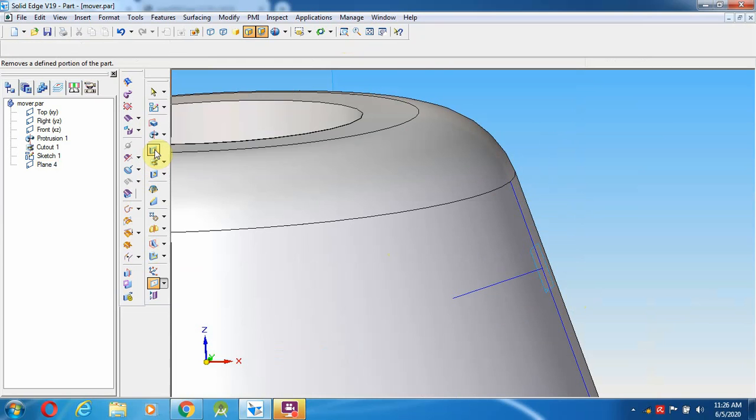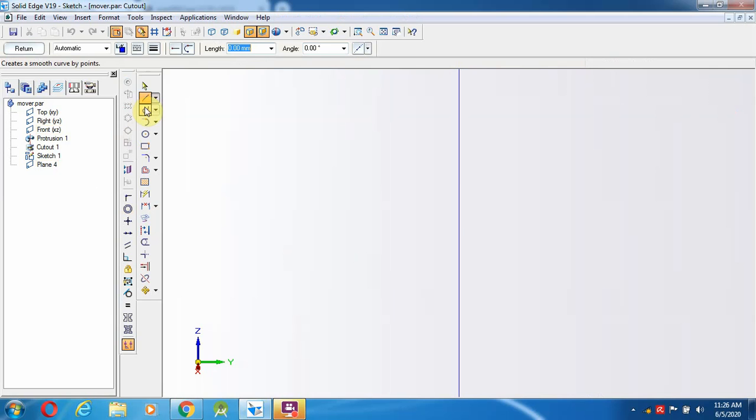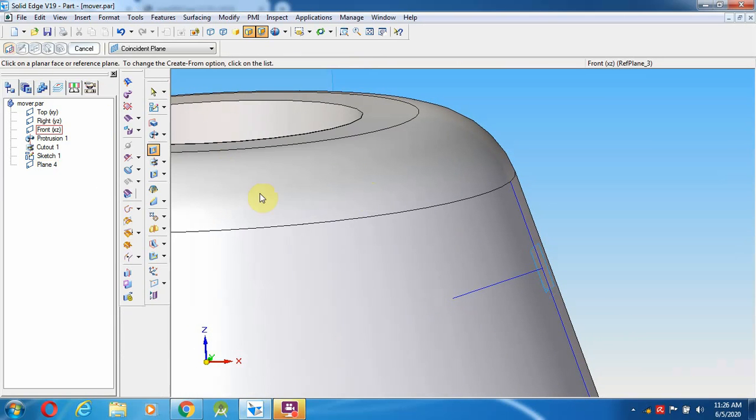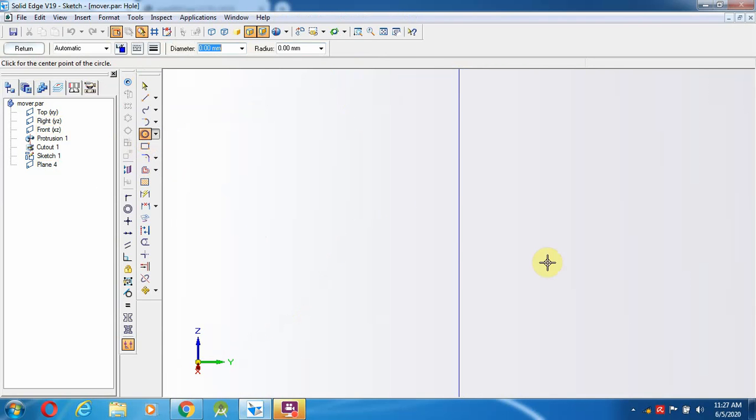I can go with the cutout option. This particular surface I am going to select, and along with the plane it is going to cut. Better I go with the hole option. Hole, this particular plane, select a circle. In the circle, if you move over here, the point can be visible.